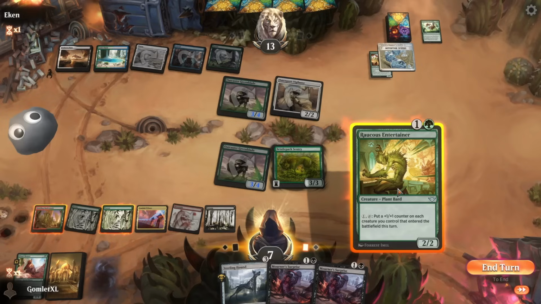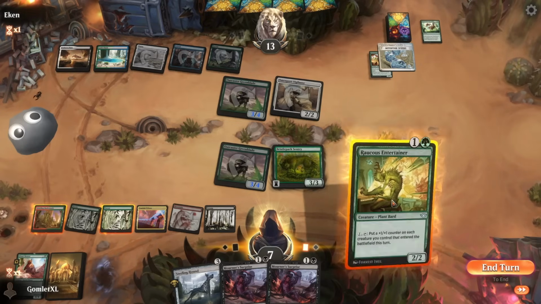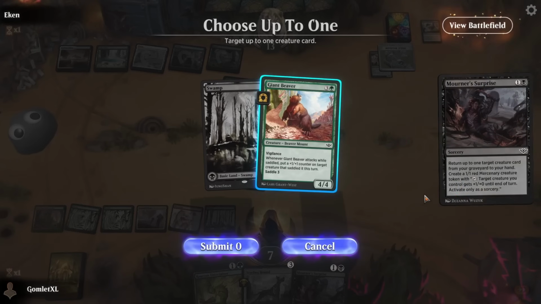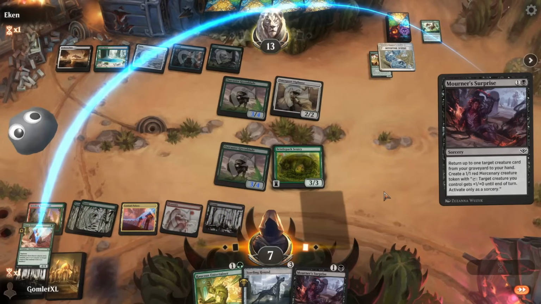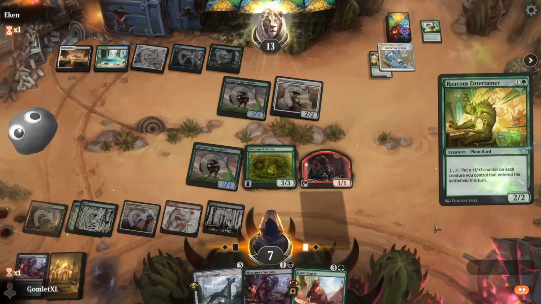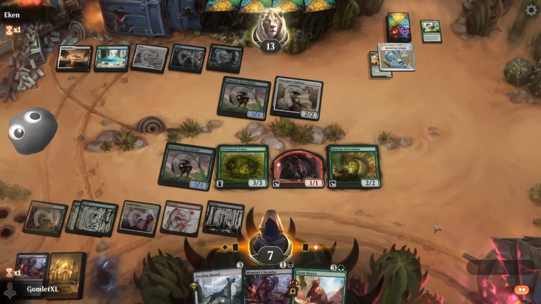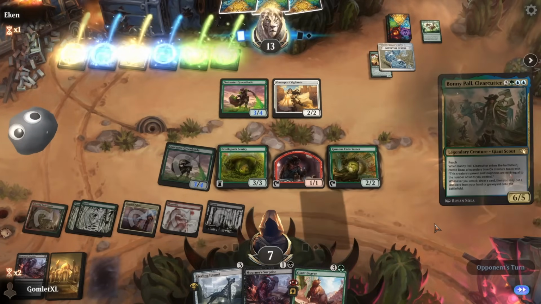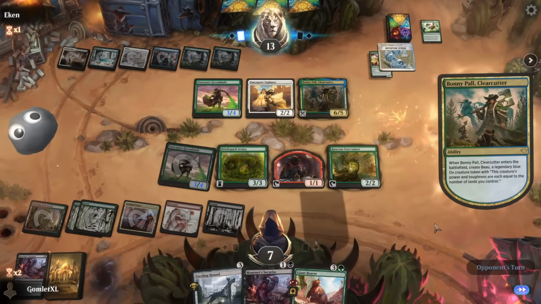If they have the counter unless I pay 2, is it worse for me if they counter this or the Mourner's Surprise? I think it's worse if they counter the Mourner's Surprise, so I do this first. So they can't counter that one. But then I let them counter the 2/2 if they have it. They do not have the counter unless we pay 2. Bonnie! Well,